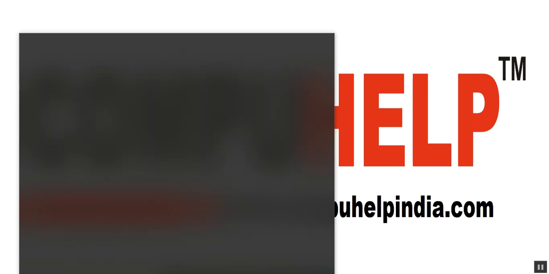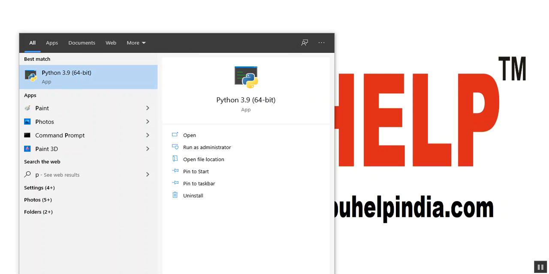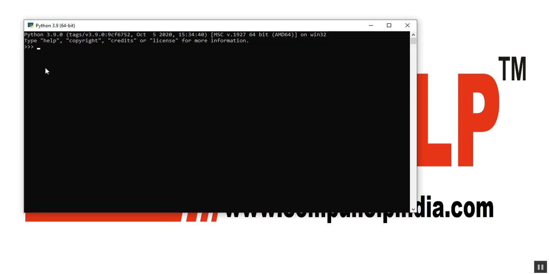For that, we know that we have installed Python. So, we have to click on Python 3.9. You will click on this and you will see one black window, and here you have the symbols greater than, greater than. Now, here you can type your commands, and this is actually your Python interpreter. You will type your commands and then every command will be executed